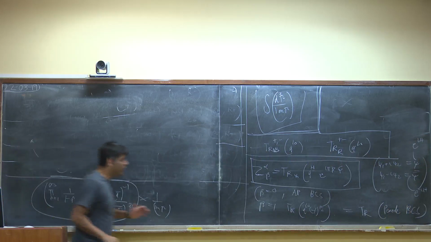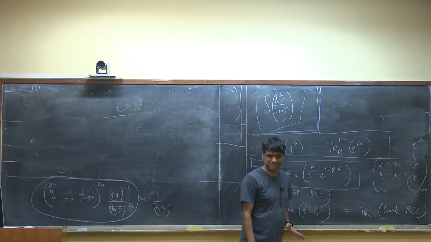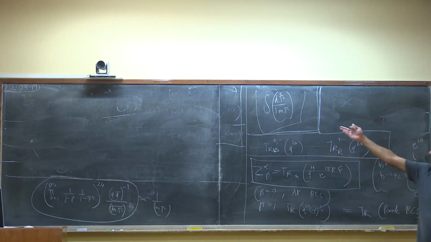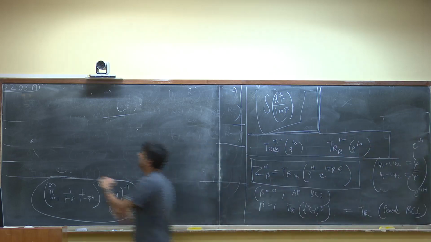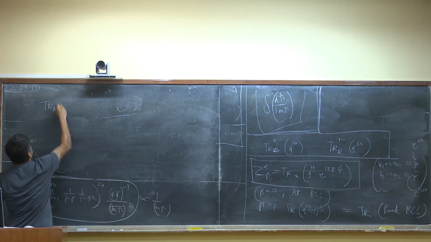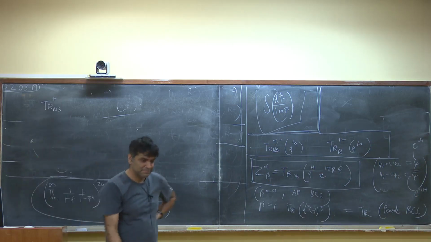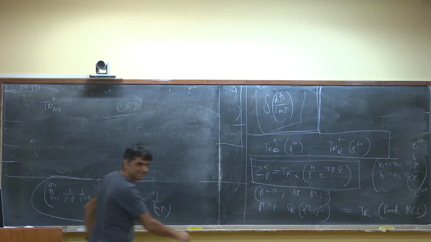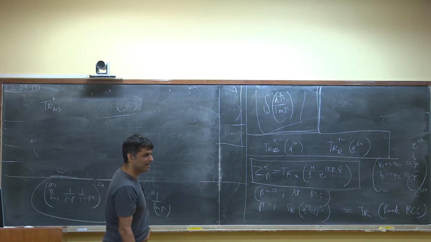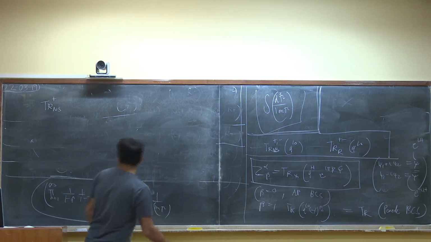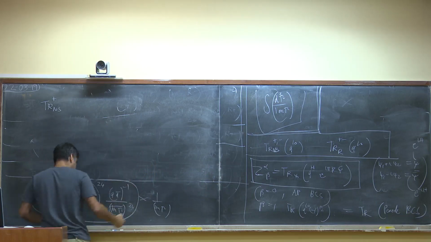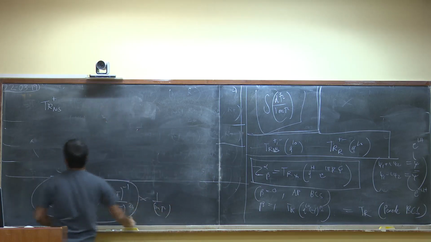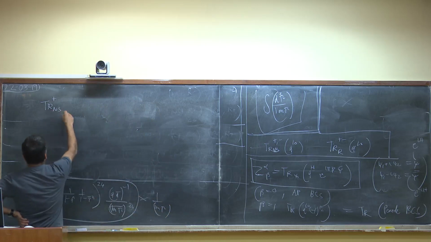Okay? Now, when we project onto the sector, when we had our NS plus, for instance, what was the trace, beta was 0 for NS. Yesterday we had beta was 0 for the NS sector and 1 for the Ramond sector. Yeah, it's the same beta. Or is it flipped? Anyway, we'll see. Yeah, that beta was for the space part. Yeah, that was for space, I think. Yeah, this is time, right?